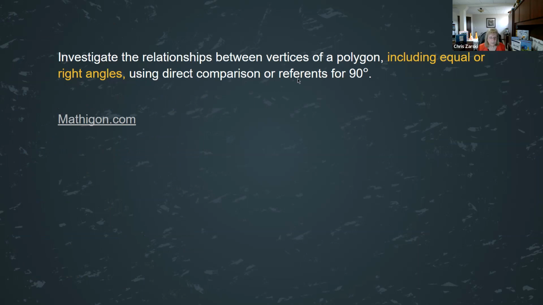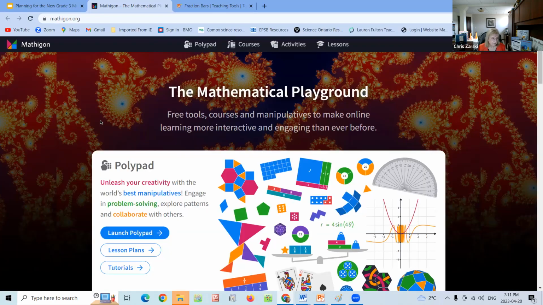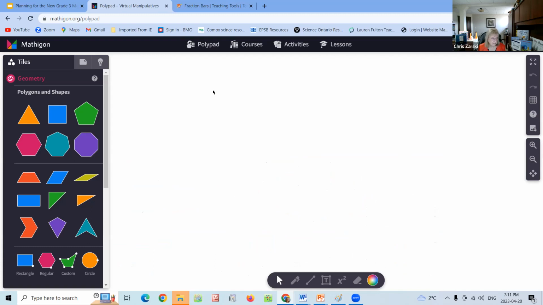So I could use, if I just want to compare to 90 degrees, just to show you as simple as it could be. And again, you could use pattern blocks for that. If you go into Mathigon and click on Polypad, I have a whole bunch of shapes in here, and nicely done because everything that's up here is a regular one, even though they don't say that. And everything down here is irregular, obviously, because they don't even look like they're the same length on the sides, and the angles are not all the same angles.